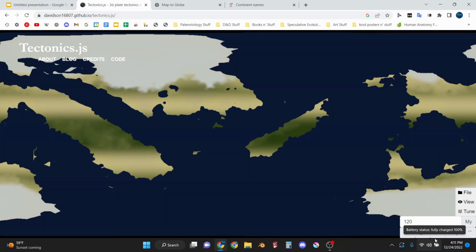But your map doesn't have to look realistic. That's the thing. You can make your map the shape of a heart if you want. You can do whatever you want with your world as long as it fits your theme and your purpose. And that's the big driving factor here behind world building. It's the theme of the world you're building and the purpose.